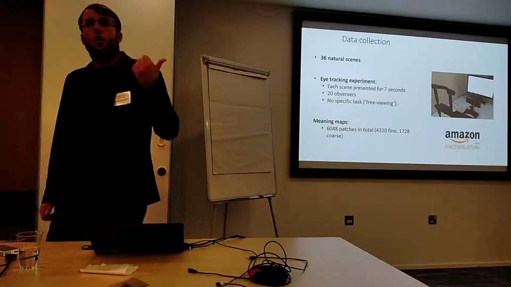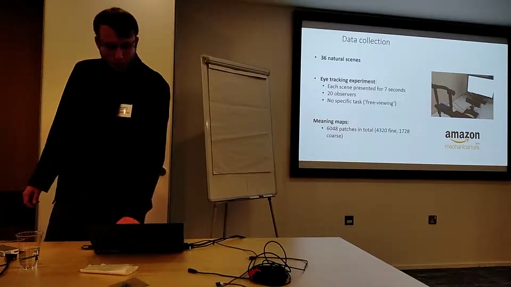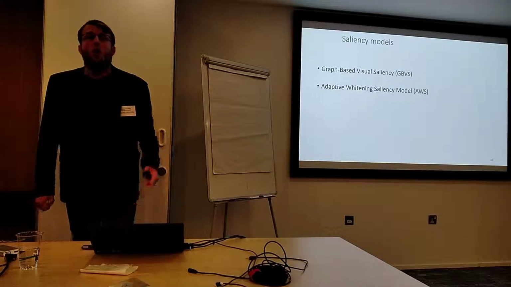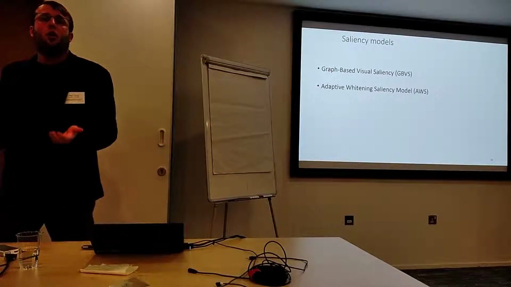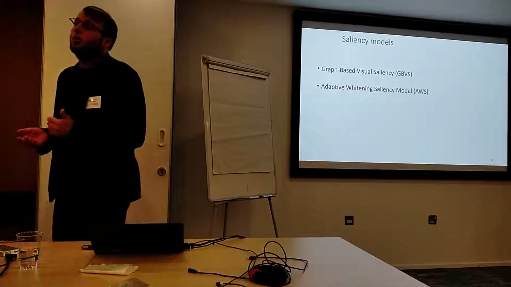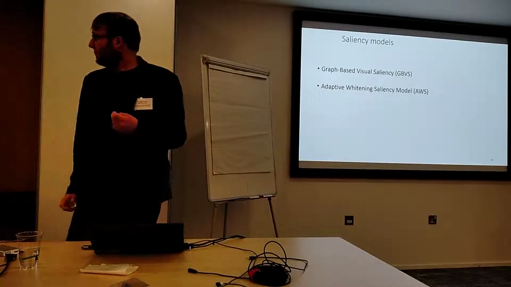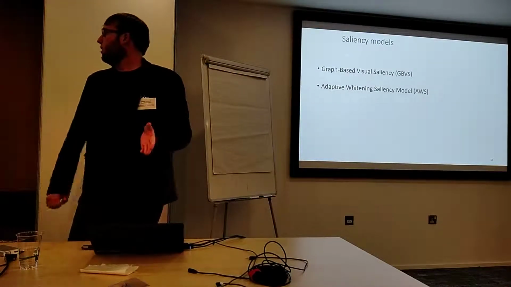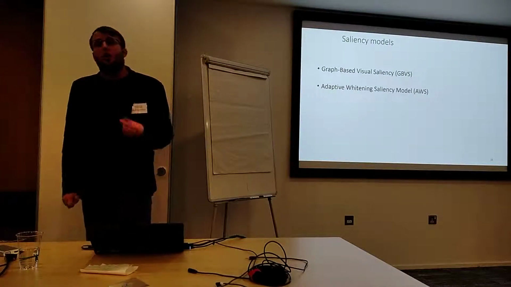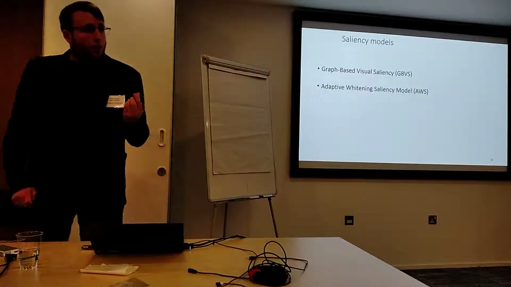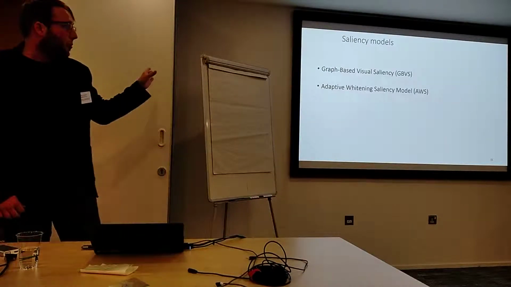So, okay, we have eye tracking data, we have meaning maps, now we need saliency models. So we decided to use three of them. First 2 are GBVS and AWS. The first one is very popular, quite old, and importantly used as a point of comparison with meaning maps before. AWS, on the other hand, is a bit less well known, but performs much better than GBVS. Importantly, both models share one characteristic, that they use relatively simple visual features like orientations, edges, and colors. So they are really simple.